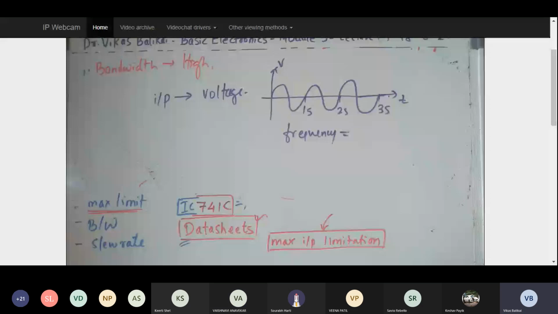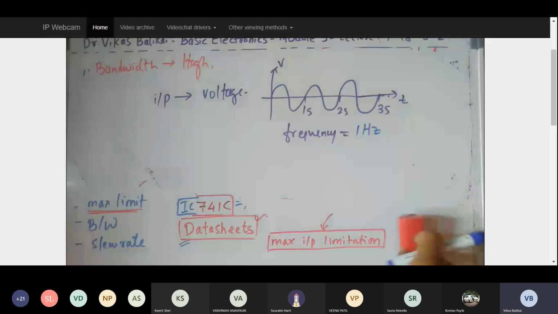That is also possible, but the best way is 1 second, how many cycles. Here I gave you 3 cycles because I just wanted to show you that this waveform is continuous. But always your answer should be in 1 second, how many cycles. So that is your frequency.